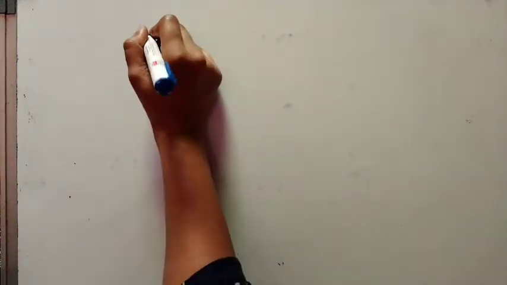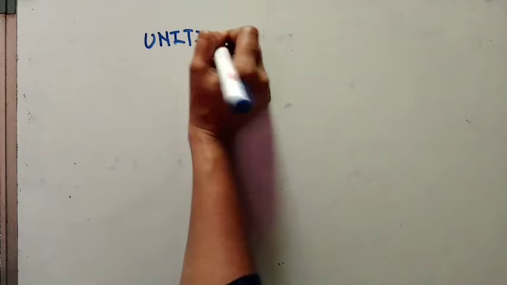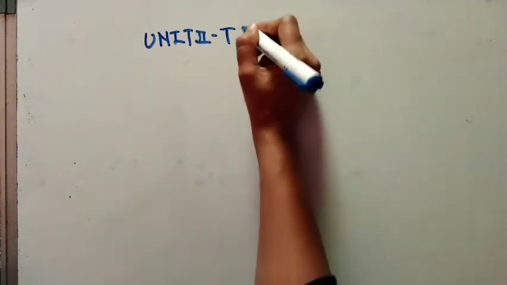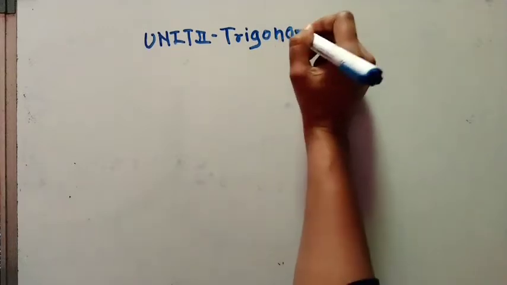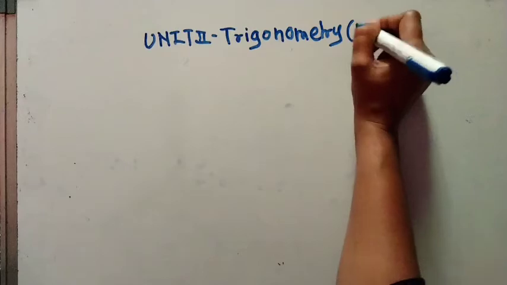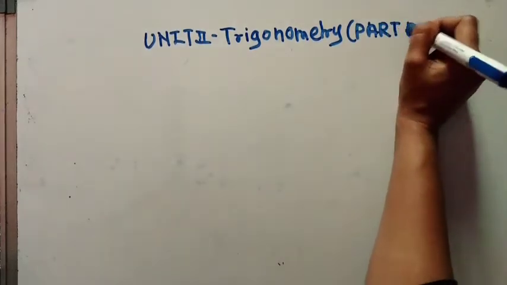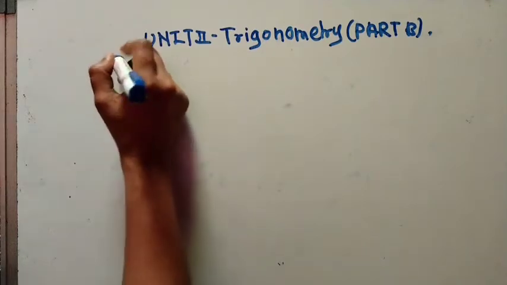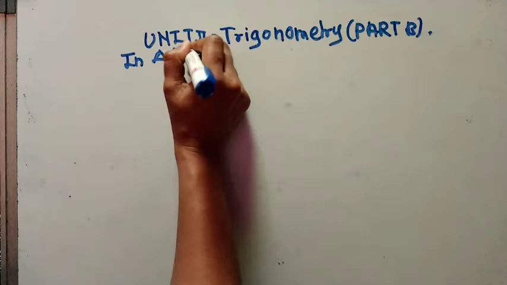In this chapter, we studied Unit 2, Trigonometry. Unit 2, Trigonometry, Part B. So, in triangle ABC,